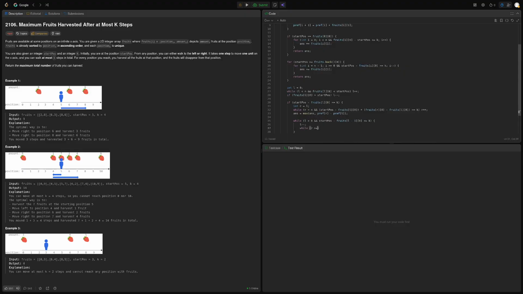So while r is larger than or equal to L, again this formula, so start pos minus fruits L0 plus fruits R0 minus fruits L0 is smaller than or equal to k. Or no, actually now we want to move until we are larger, so R minus minus,